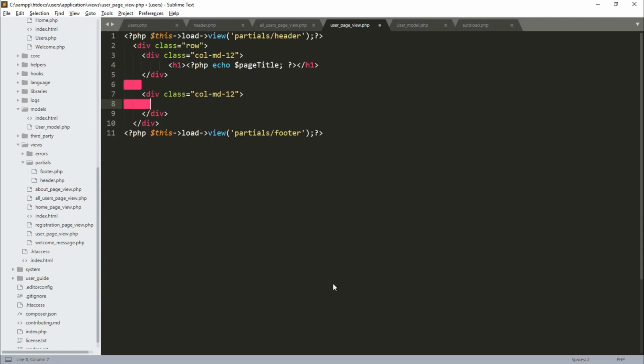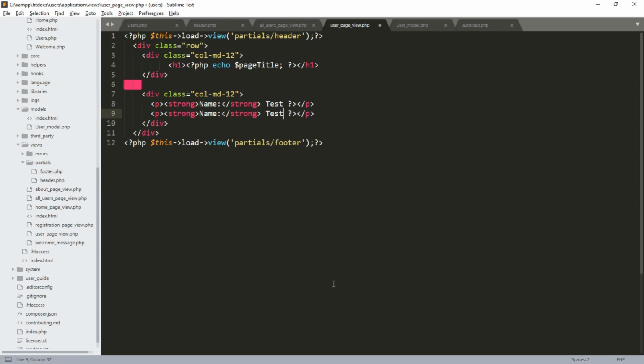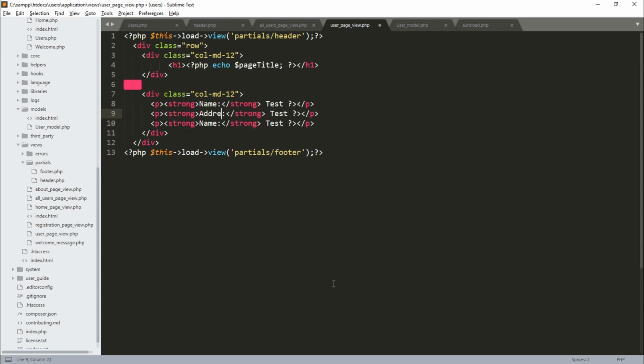In this example, let us create a paragraph tag, and let us add a strong tag and set the name, and let us just add some test data in here. Username,